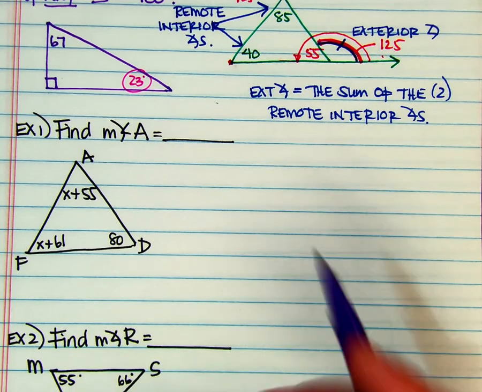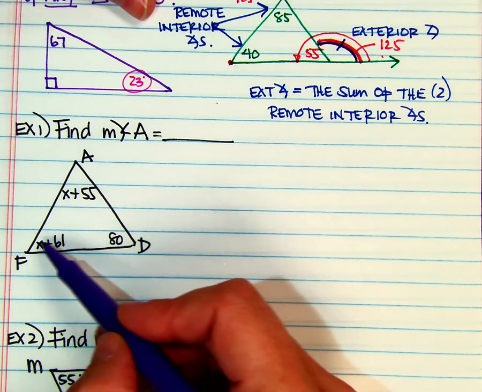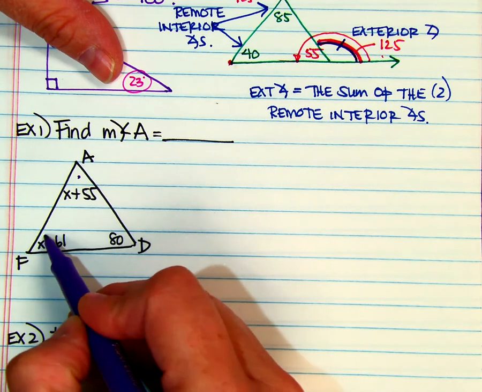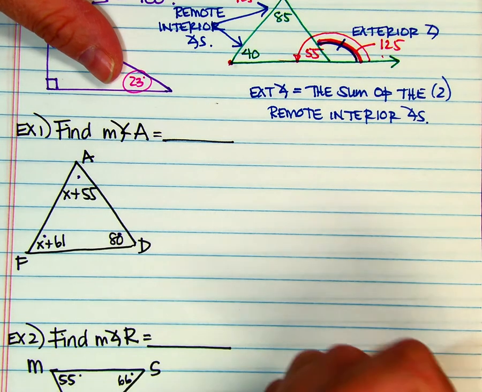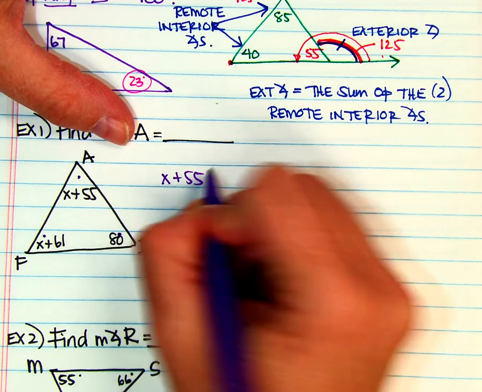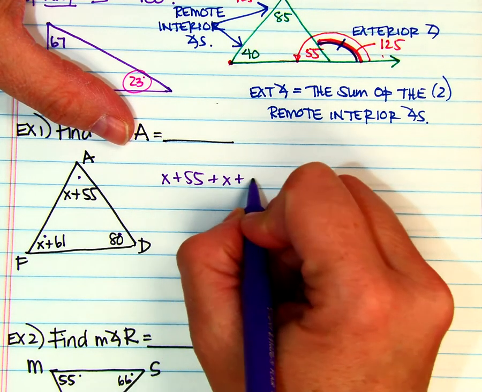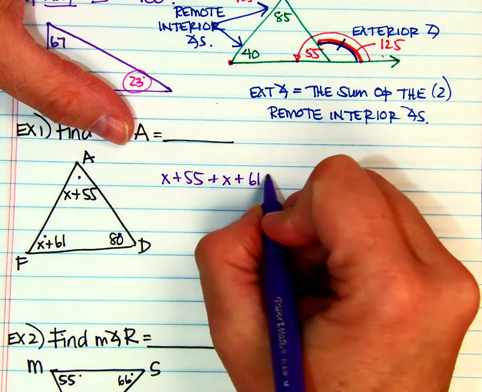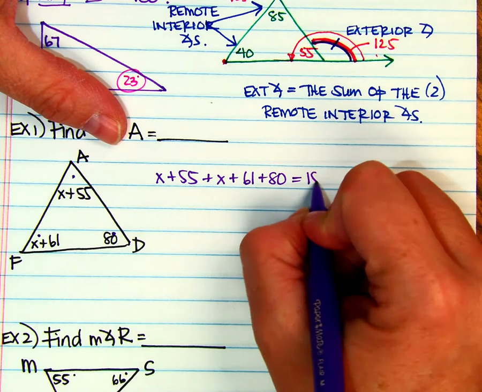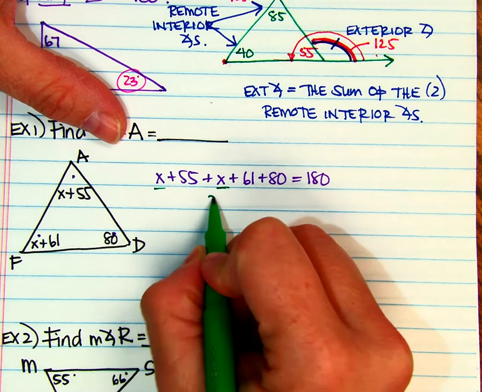So in example 1, we are finding the measure of angle A. So I have all of this algebra stuff, okay? I know that the measure of all three angles has to equal 180 degrees. So I'm going to write an equation of angle A, which is x plus 55, plus angle F, which is x plus 61, plus angle D, which is 80, has to equal 180 degrees. So I'm going to combine like terms. That gives me 2x,